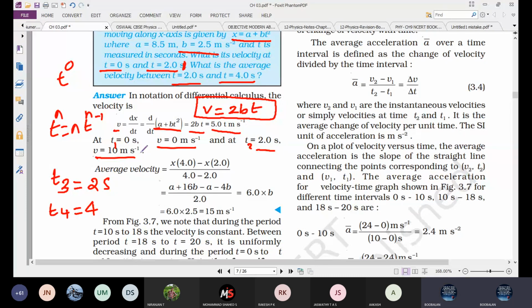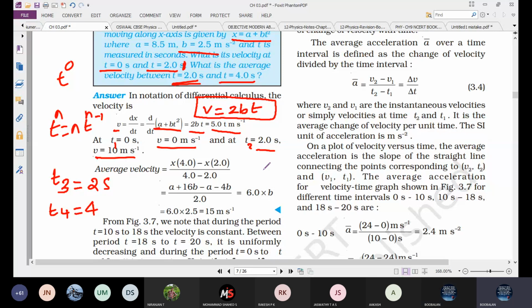Okay, the average velocity from the question. Just apply the values. What is the average velocity formula? V1 plus V2 divided by 2, if it is a uniform velocity. In this question, they gave only the t value. Another one, the velocity value. We don't know the value of x. X means position value. We don't know that. So that x into t, this formula I'm writing: x t